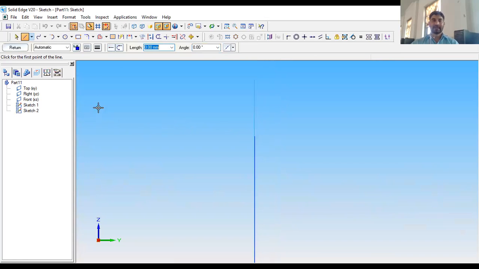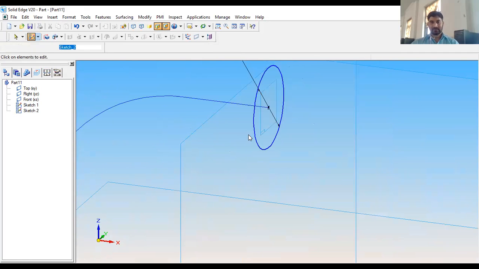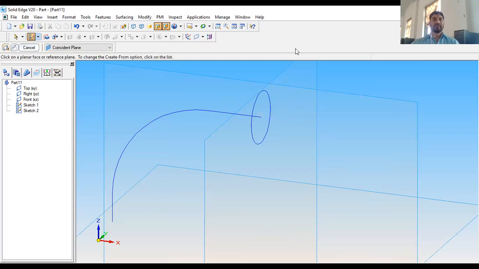Here you have to draw the section for the swept protrusion. So I'll draw one circle here and click on return. So this is your section now, and this is your path. The material will be added by this section along this path. So now click finish, then go to the